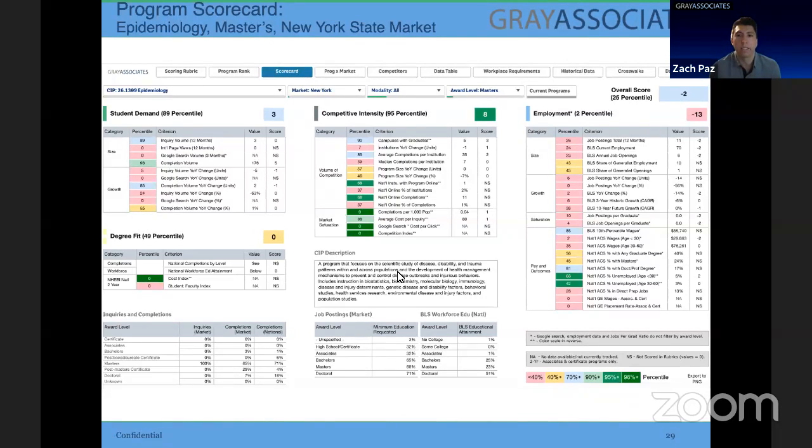The strongest area in terms of the 4 categories is the competitive intensity, meaning that it's a less competitive market. You're still going to have some opportunity if you can get to that larger program size. Currently, there's not a lot of institutions providing an online program, so that may represent opportunity for an online option. And in terms of saturation in this market, it's actually pretty low. And that happens a lot in New York State just because of the population density there.